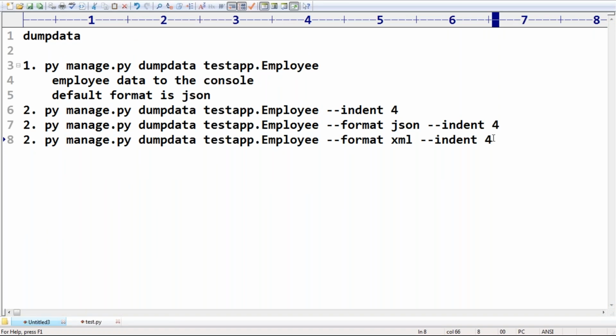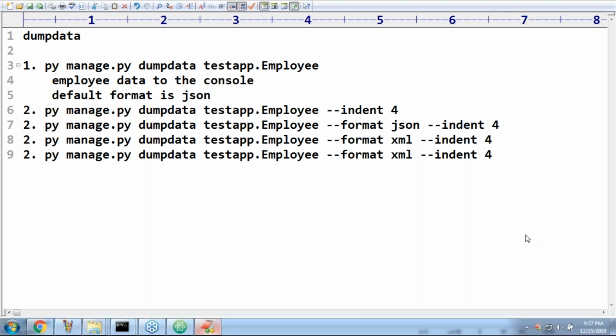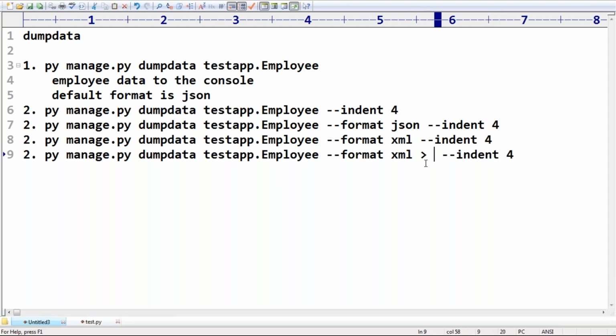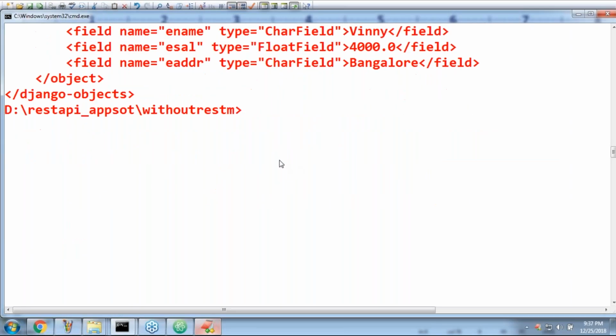Here, just use the pipe symbol and emp.xml. So, dump employee data in XML format to emp.xml with indentation 4, in the current working directory.